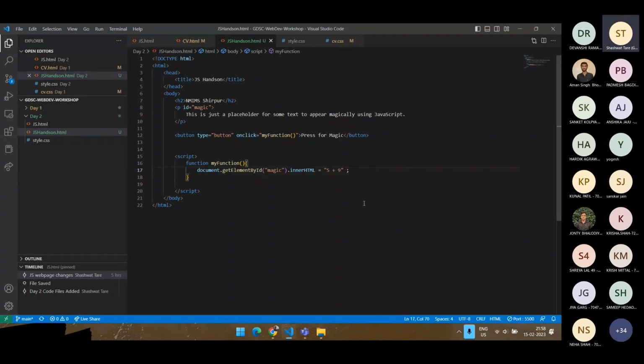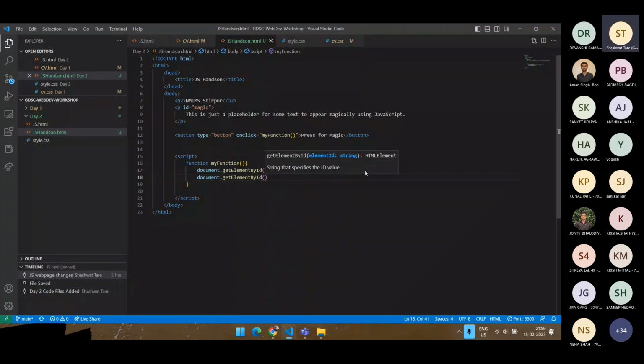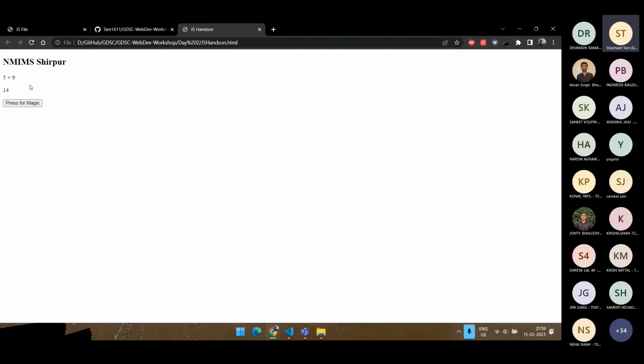इसको हम दूसरे लाइन में भेजते थे, इसको फिर वापस लिख देंगे। और यहाँ पे एक और कुछ नया कर सकते हैं, जैसे समेशन। समेशन हो गया, इसको डॉट इनर HTML, और यहाँ पे एक और आईडी बना देंगे, आईडी दे देंगे इसे, चेक करते हैं, ये आ गया।